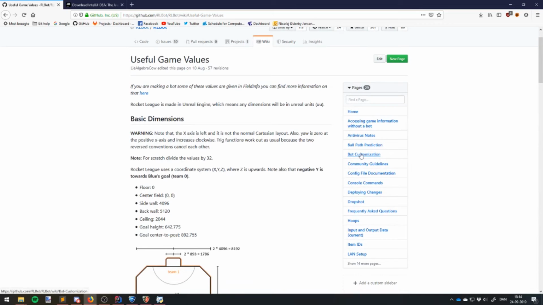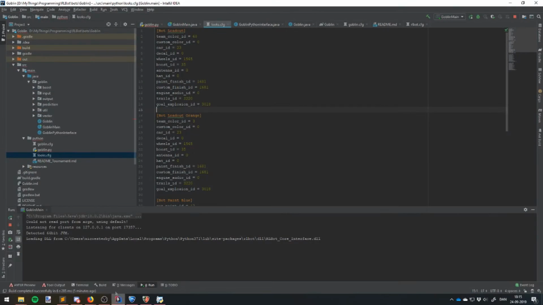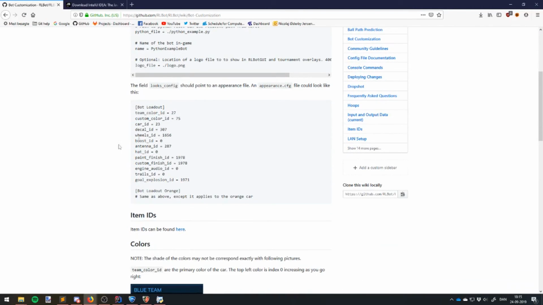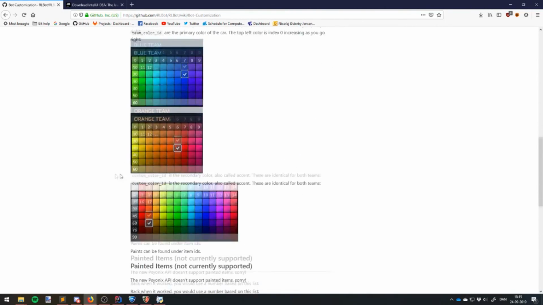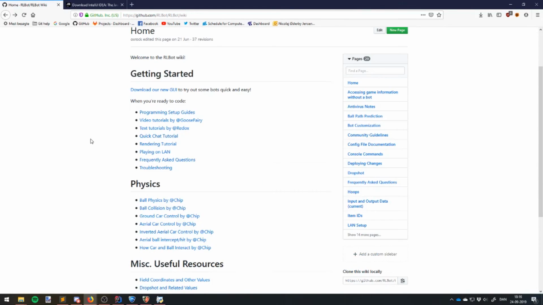One thing you might also be interested in is the bot customization. So if you look at your looks config file, it will look something like this, just like shown here in the example. And those are all the IDs of the items. You can find the IDs in the link here, and you can find the colors down here. Painted items are currently not supported as of recording this video, but that might change. They might come back. You can also find tutorials on the rendering and how to use the quick chat, and